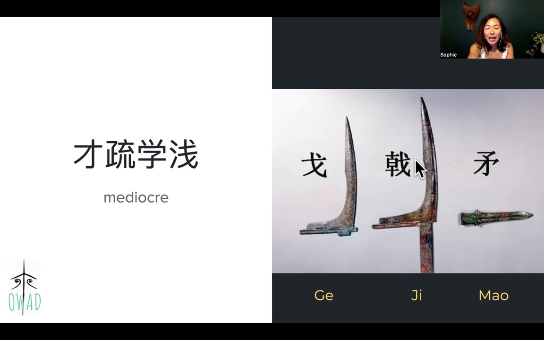Okay, so I found the ancient weaponry images. This is good. This is called a ji. It's longer, bigger, and this is a mao. Mao is, you can see here, kind of a holder, right? Eventually some long stick is going to be connected to this metal part of the weapon, so that it can reach far. And these have sharp edges. Some people say this weapon came from a sickle, something that you use to farm, to harvest the crop.